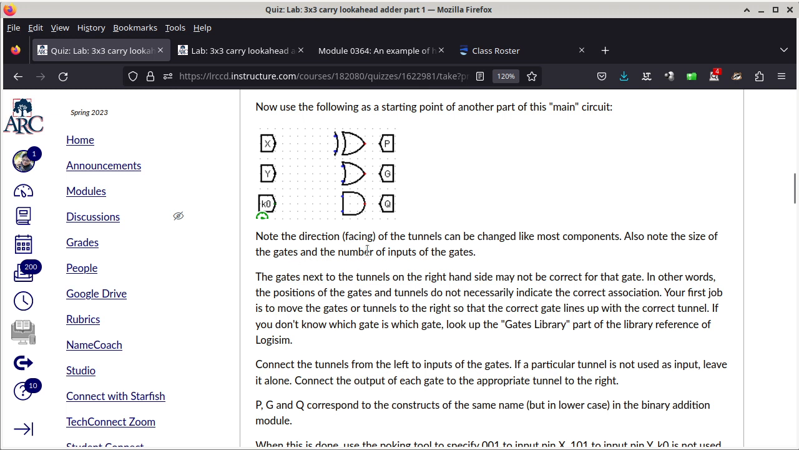Note that the direction and facing of the tunnels can be changed like most components. Also note the size of the gates and the number of inputs of the gates. The gates next to the tunnel on the right-hand side may not be the correct one for that particular gate. In other words, the positioning of the gates and the tunnels does not necessarily indicate the correct association. So that means you really need to know what P, what G, and what